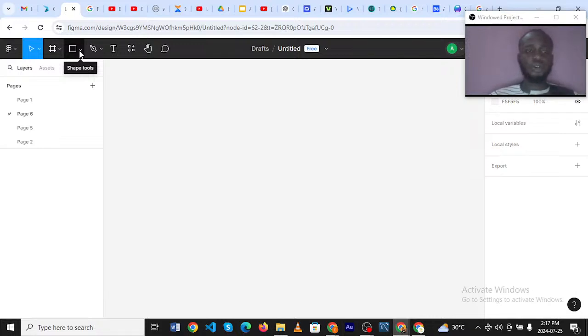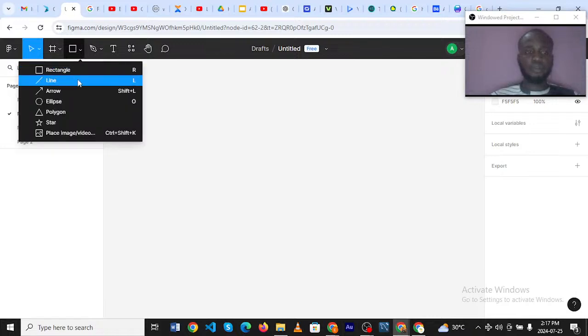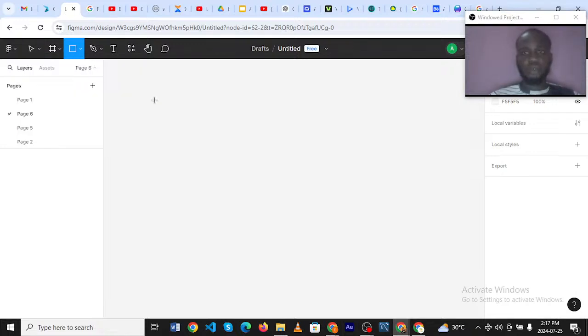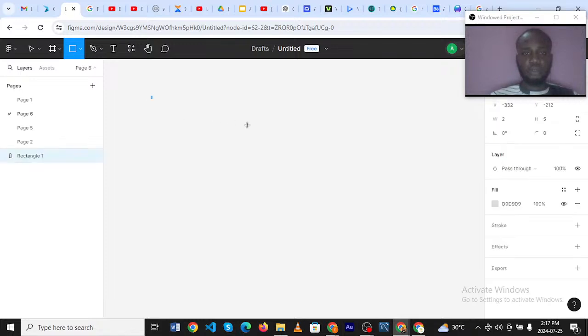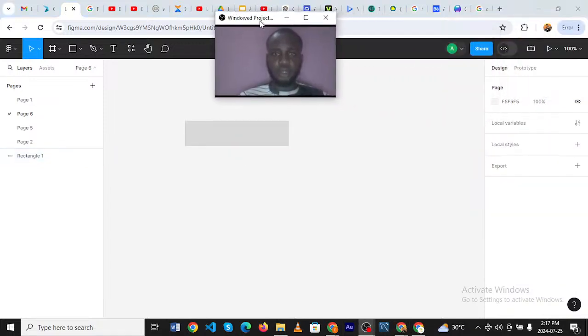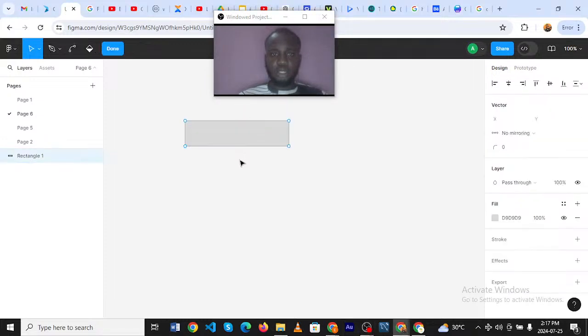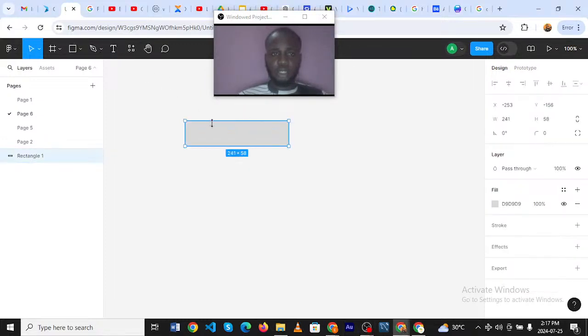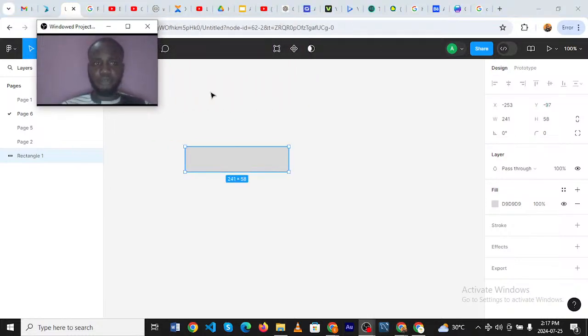All right. So this is a shape tool. I explained what shape tools are, right? So I'm going to create a shape like this. Please follow me. This is your shape tool. When it comes like this, you're going to drop it here. I just want to make sure you're following. So the shape tool is like this.